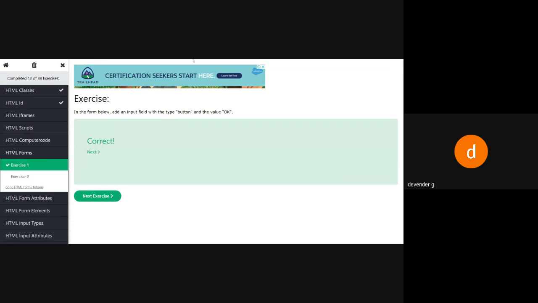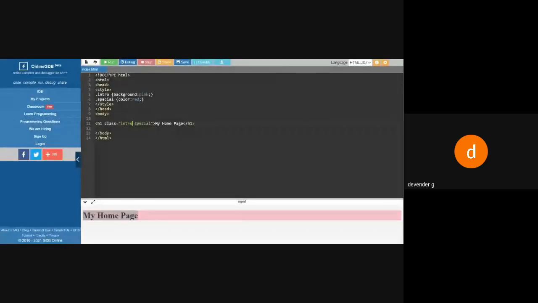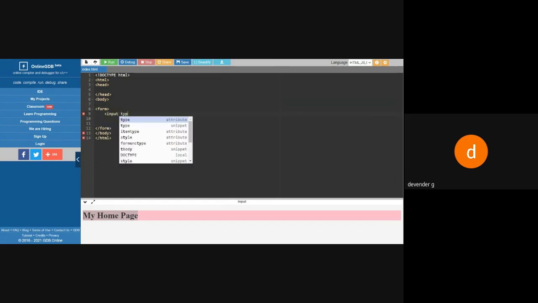I'll be explaining some of the points on this. Here I need different kinds of forms. So I'll say form opening and closing. Then I'll say input type is equal to text, if I want a text box, I'll get a text box.